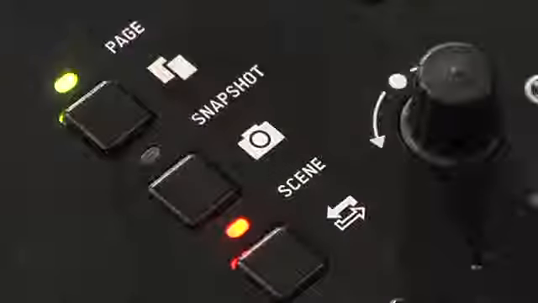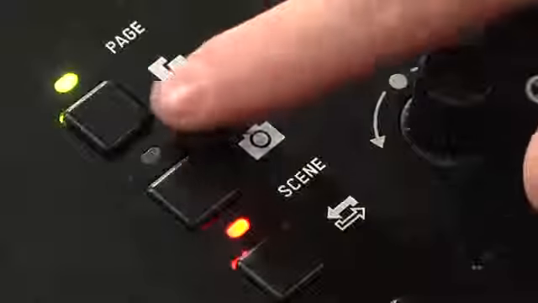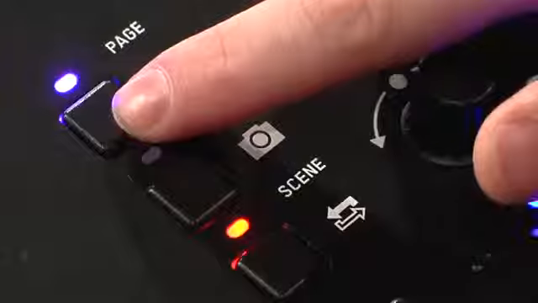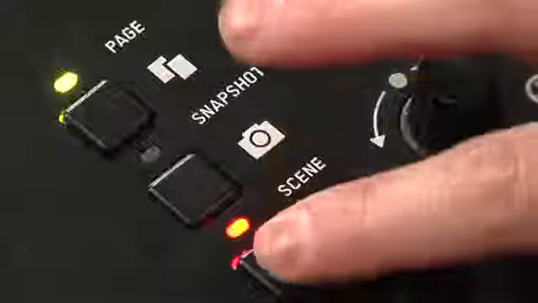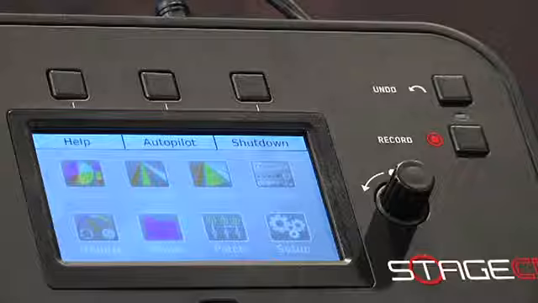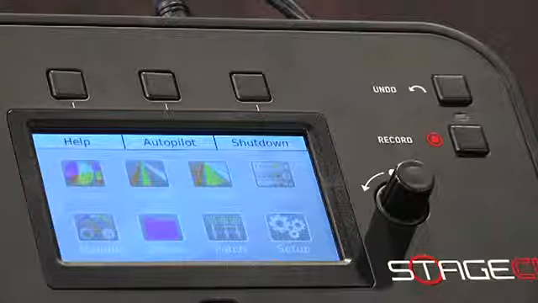The LED in the button shows you which page you're on: red, green, blue, yellow, magenta, cyan and white. Pressing the scene button again takes you back into fixture controls. The Stage CL has a touchscreen LCD that gives you access to a bunch of features to help you when you're programming a show. You've already seen how to set colours with the hue and saturation dials, but whenever you